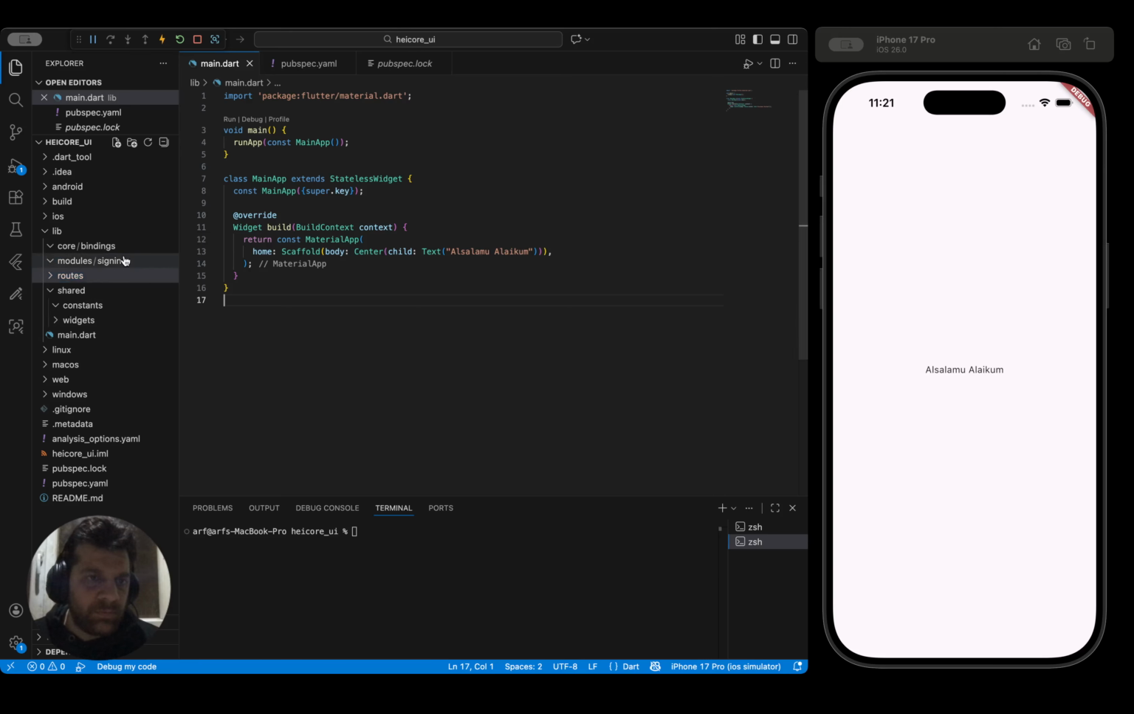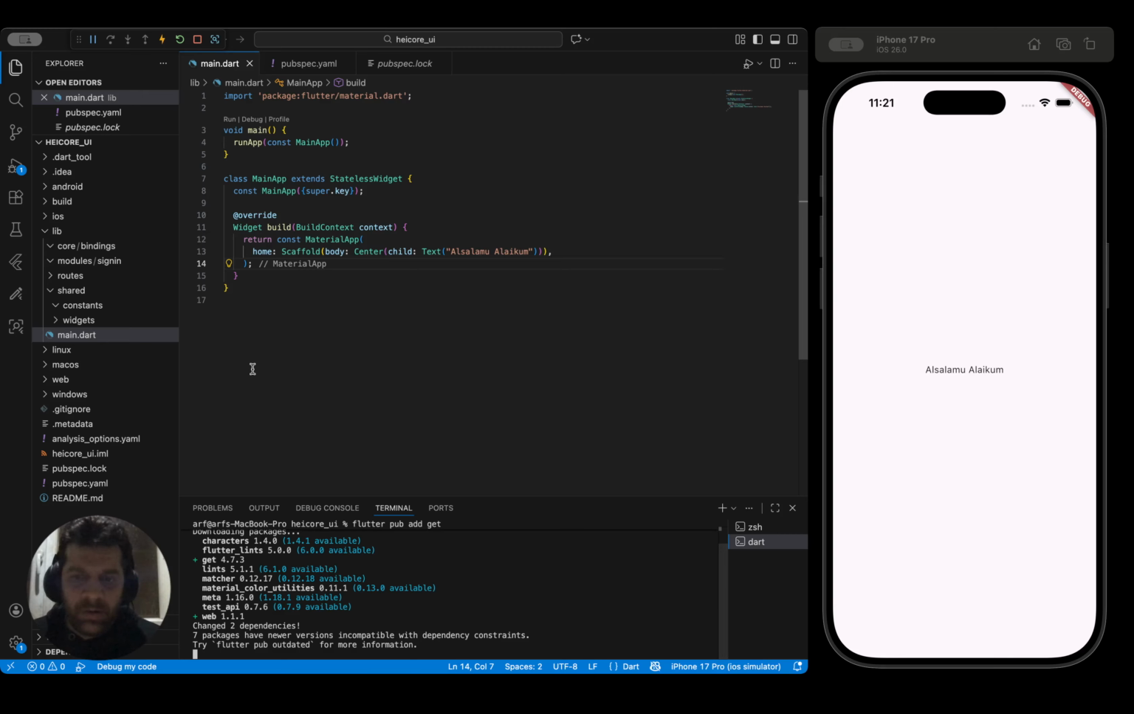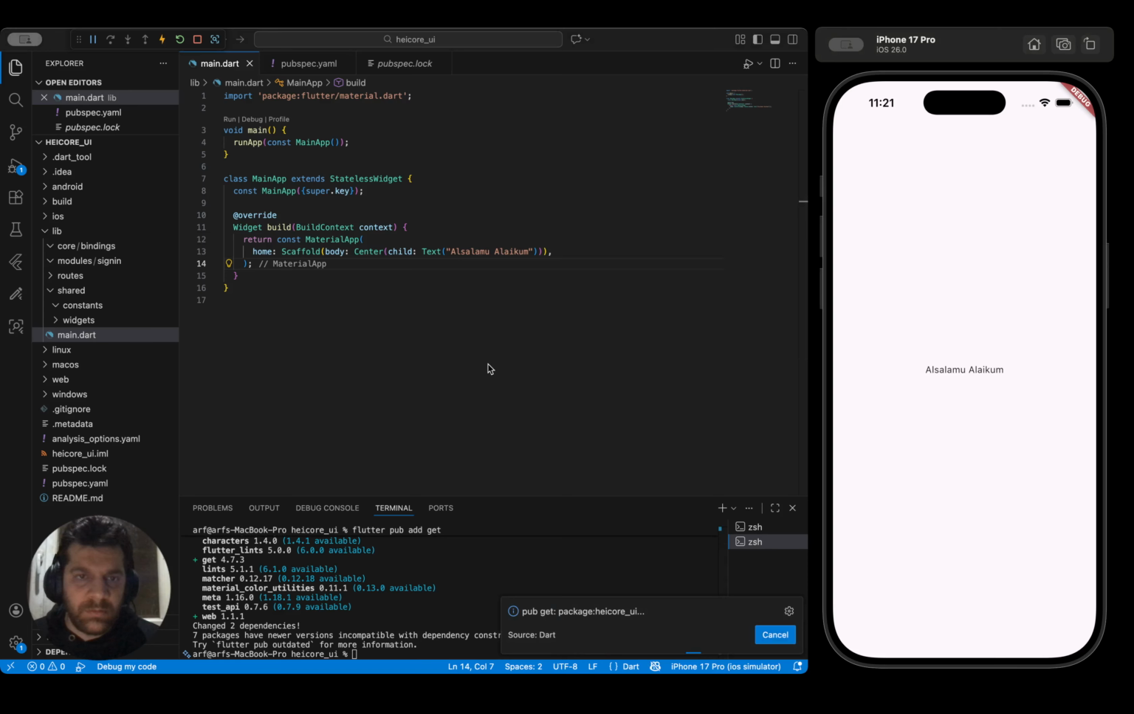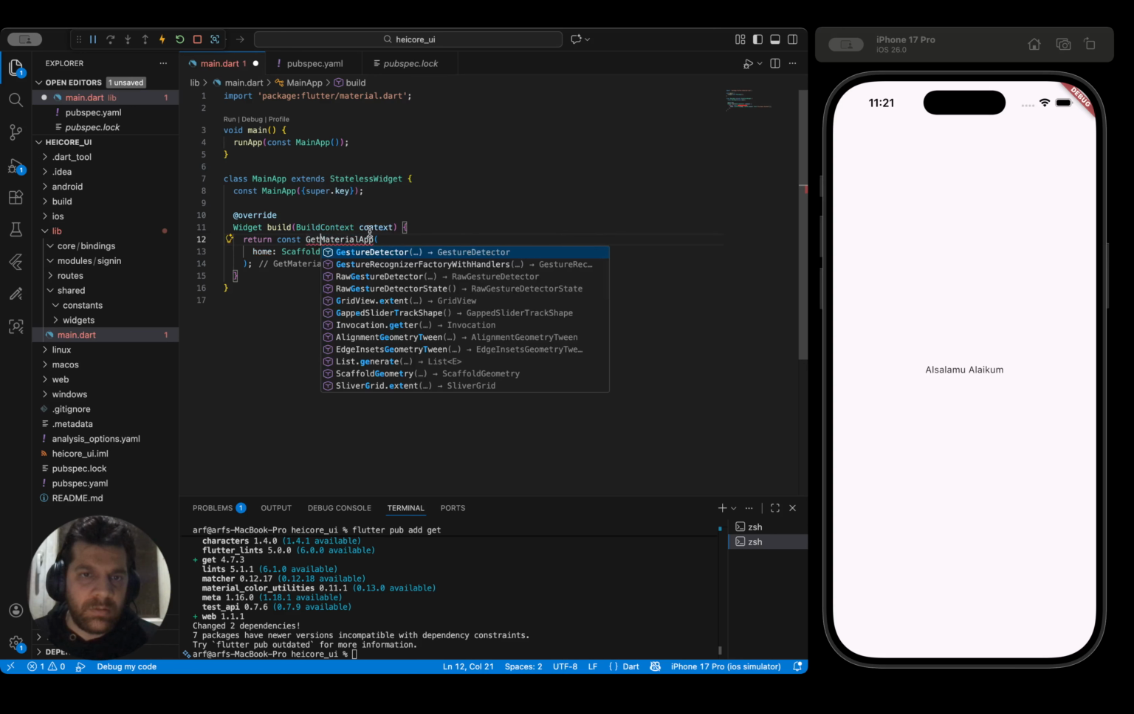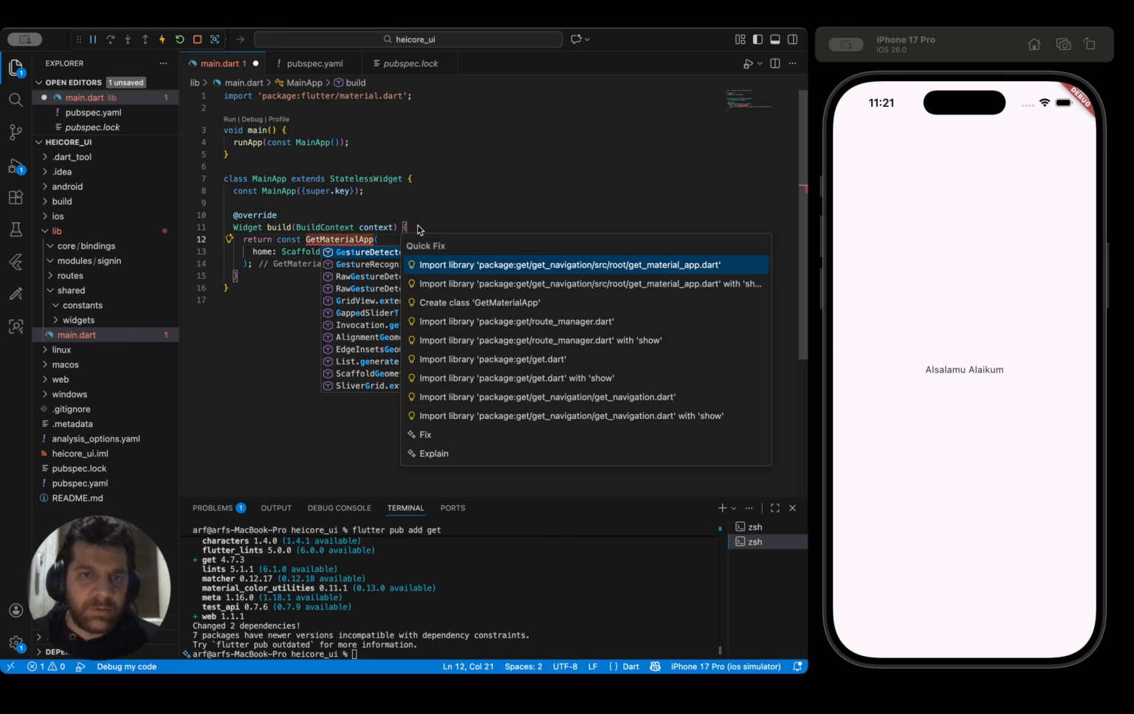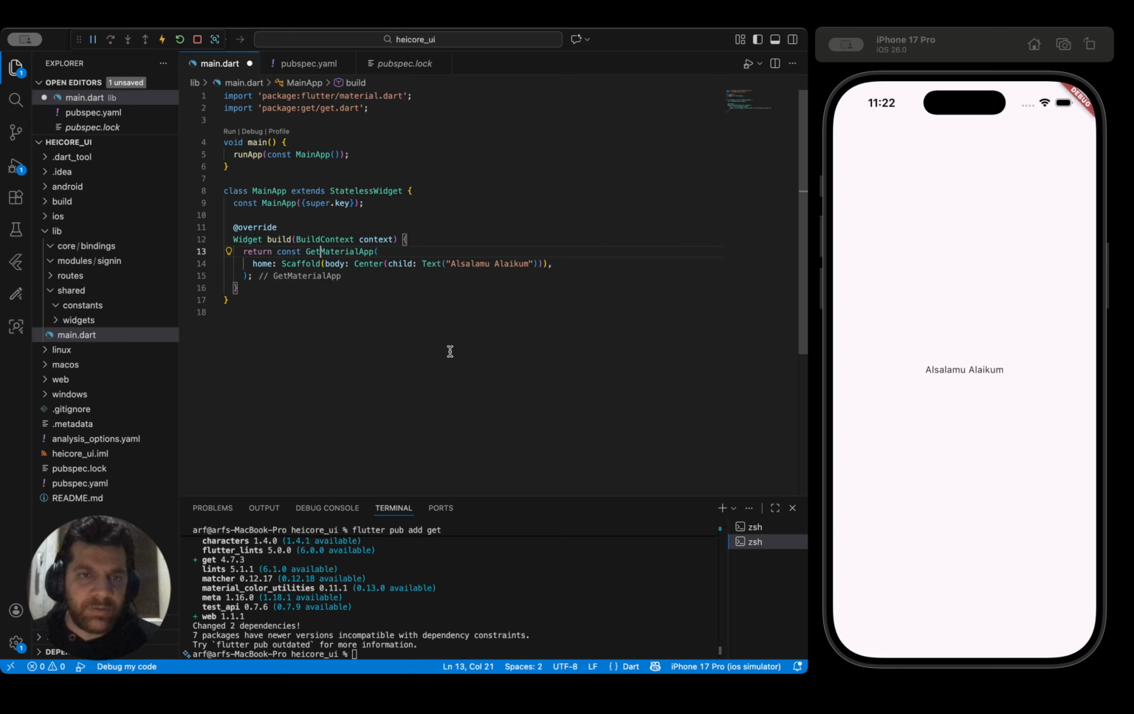So basically for the main here, we're gonna use GetX, so that's why we have to add the GetX package. We're gonna wait a little bit, so we will have the get package here. We're gonna import this package, and we will delete the scaffold,